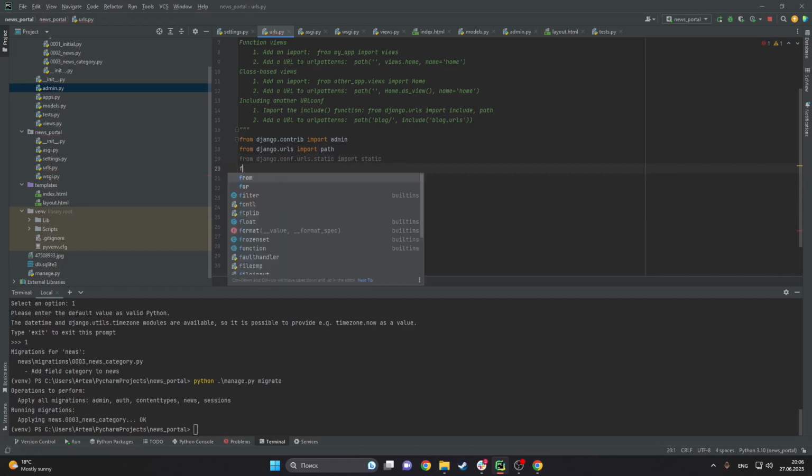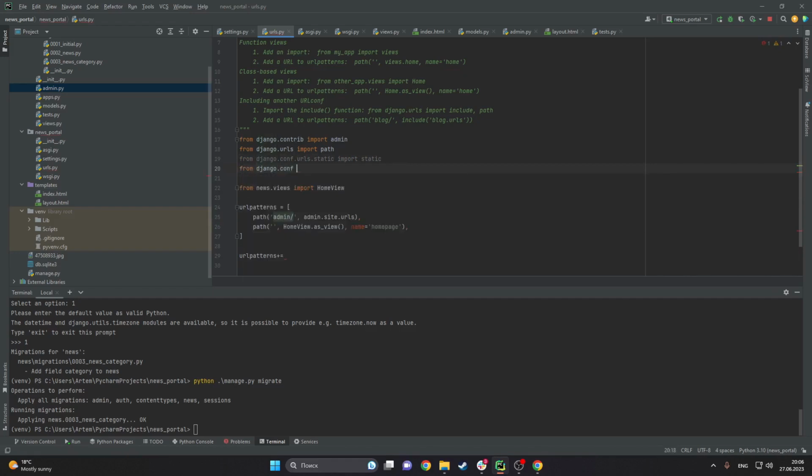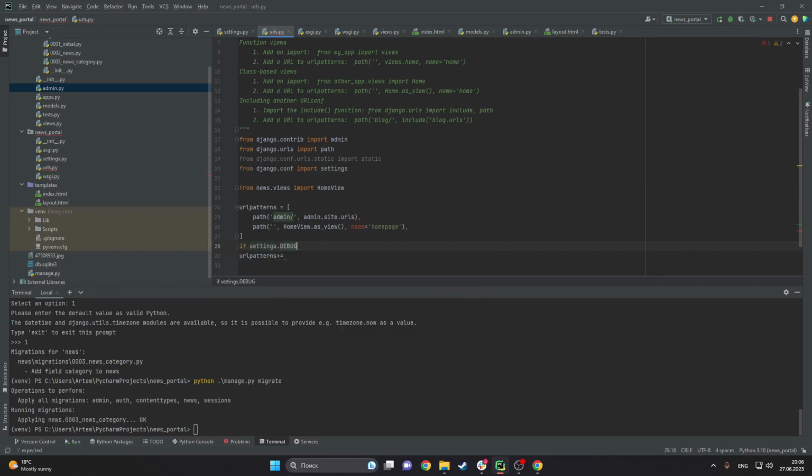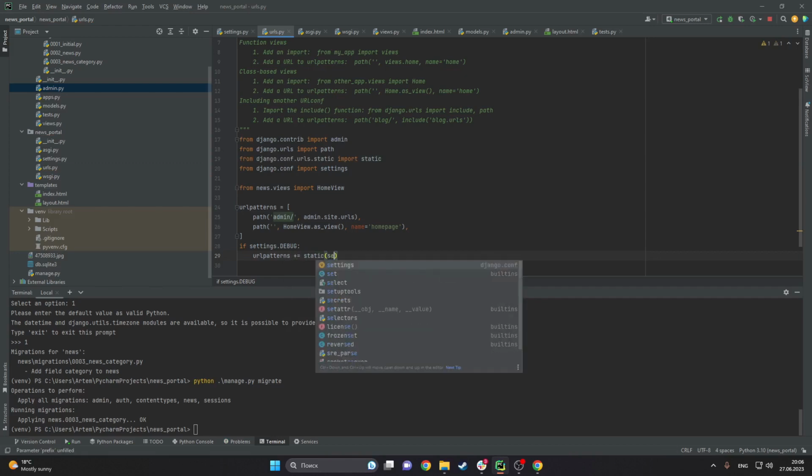And I think that we can do from django.conf import settings, and make this only if debug is true, because if you're using it on production you should do it in your server configuration. So if settings.DEBUG, urlpatterns plus equal to static, settings dot